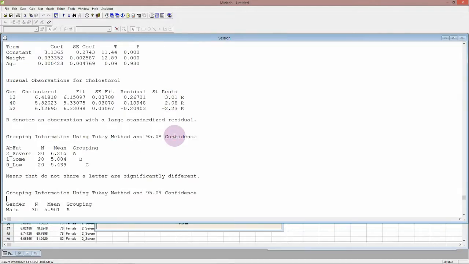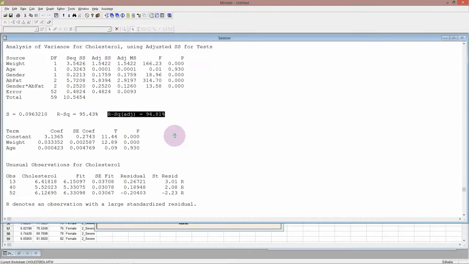Grouping information. Now, this is the same as when we did an analysis of variance. If we find that there is a significant difference between different levels of abdominal fat on cholesterol, it doesn't actually say that every single level is different from each other. It just says at least one of the levels of abdominal fat is having a different effect from the others. And if we want to know which levels of abdominal fat are significantly different from the others, we need to look at these